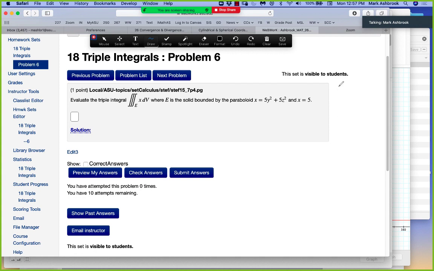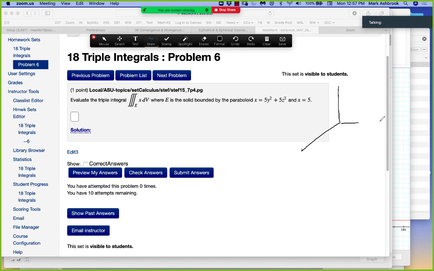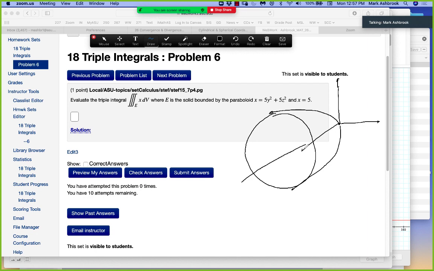So we know that's a paraboloid, and since it's x equals the sum of a y squared and a z squared, that's going to be opening in the positive x direction. And this one hasn't been translated, so its vertex is at the origin. Like this. Okay, so it's a paraboloid opening up on the x-axis, and then the plane x equals 5 is